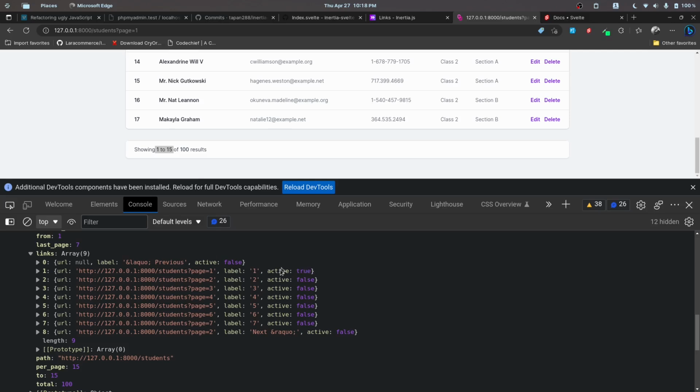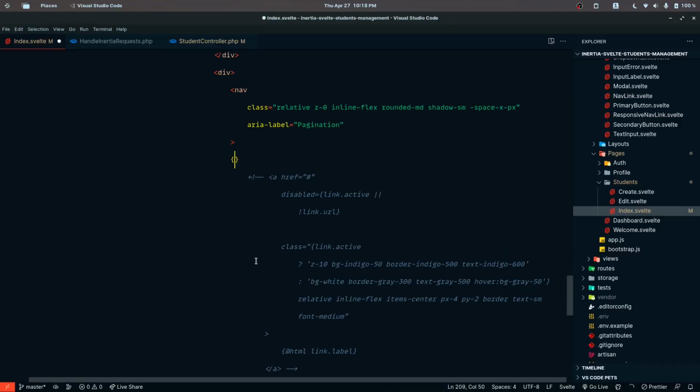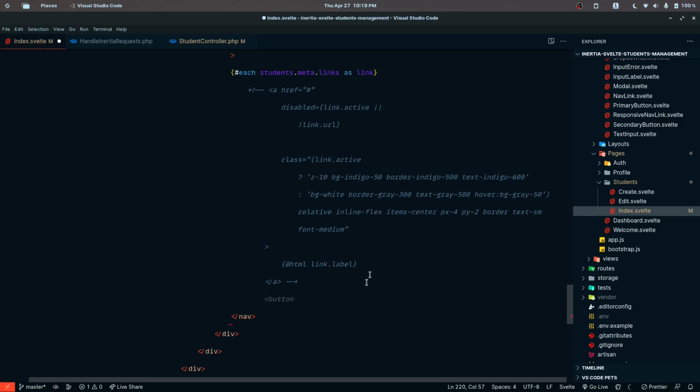So depending on that, we can enable or disable the button. We can display the labels. We also have next and previous. So yeah, everything is already there. Let's loop over each of the data: students dot links as link, so it's not links but meta dot links, and let's close the each loop,